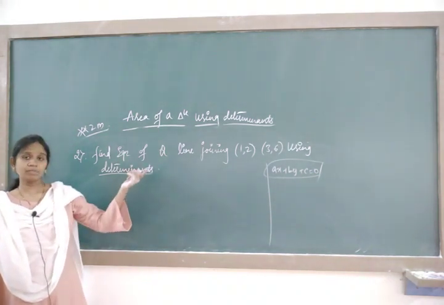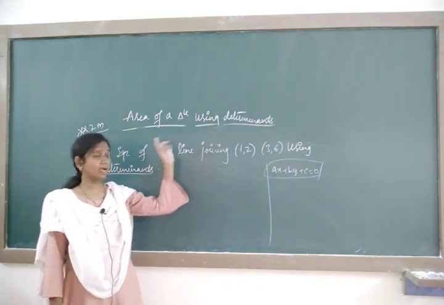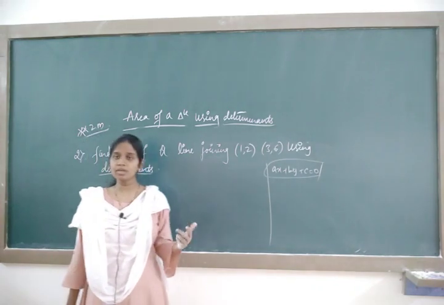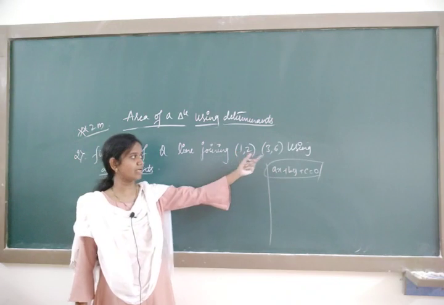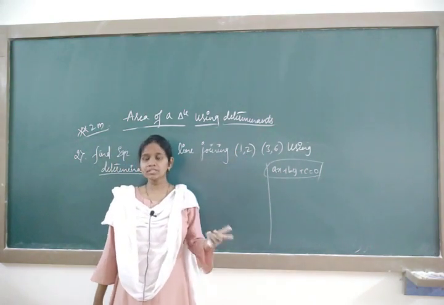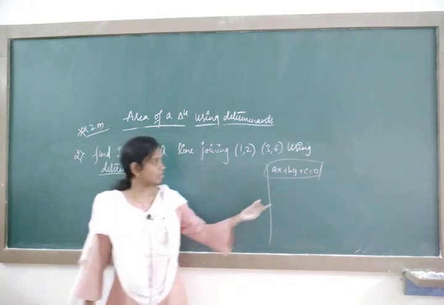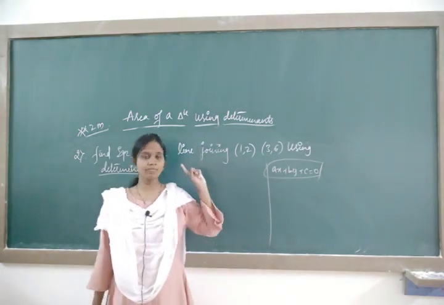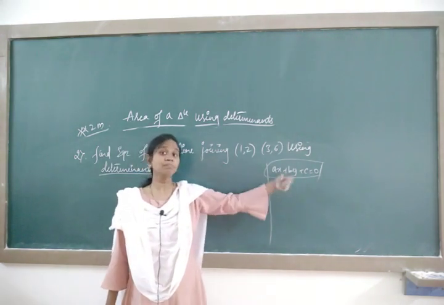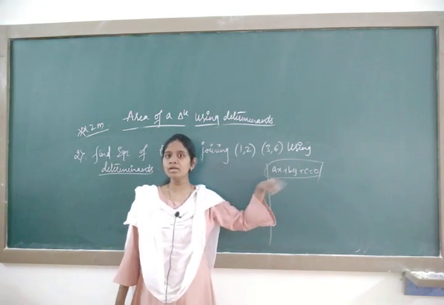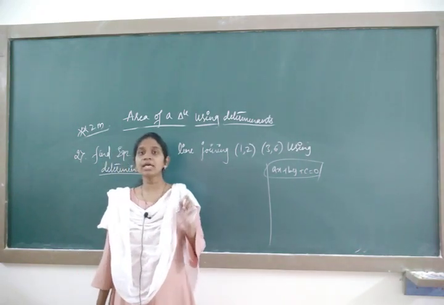To get that, the points are given and they say using determinants. But using determinants we have taken 3 vertices: one is x1 y1, another is x2 y2, and one more is x3 y3. But here only x1 y1 and x2 y2 are given. The third vertex is not there. The third vertex we have to assume as x y. Why do we have to assume x y? Because we are dealing with the equation of a line. In the equation of a line, the representation will be ax and by, the presence of the x variable and y variable. Because of that, the third vertex you assume as x comma y.